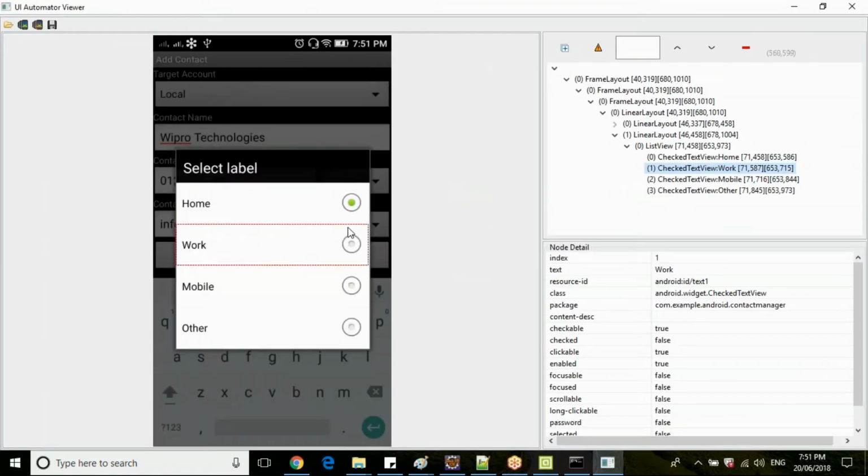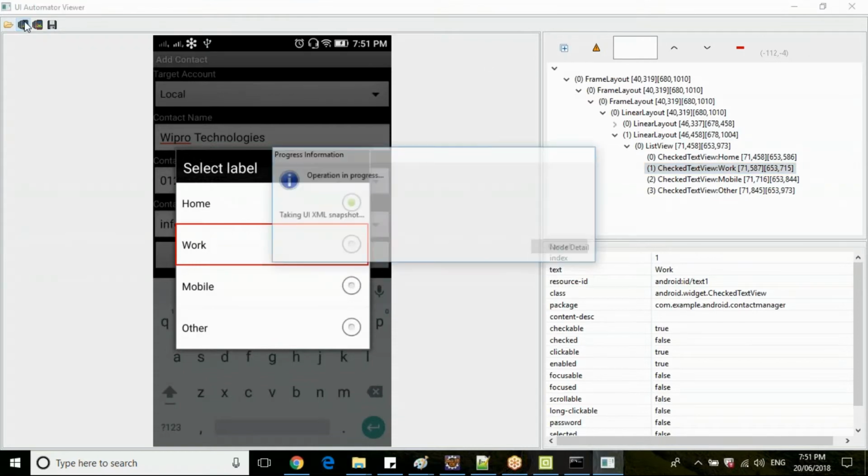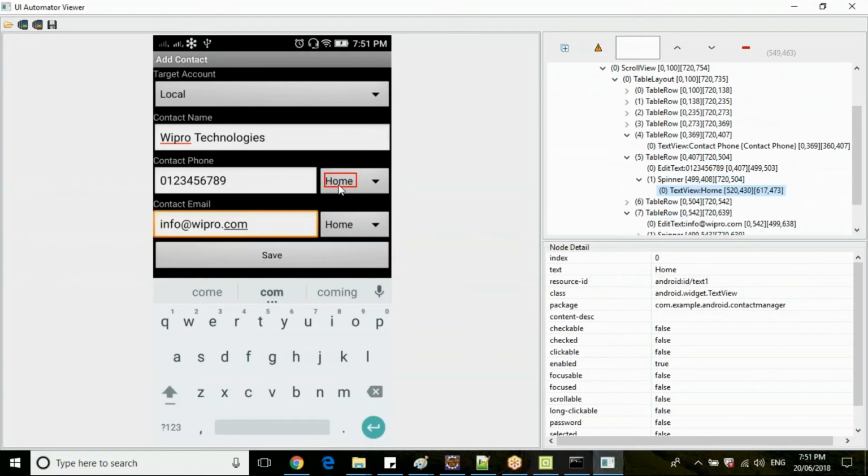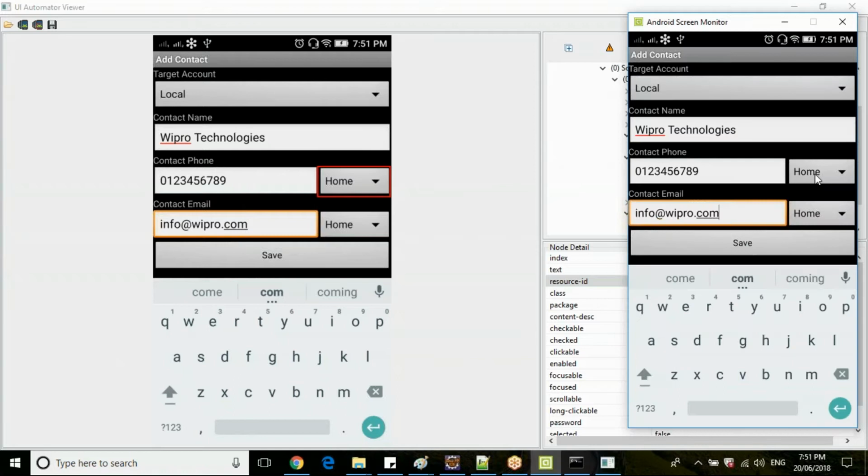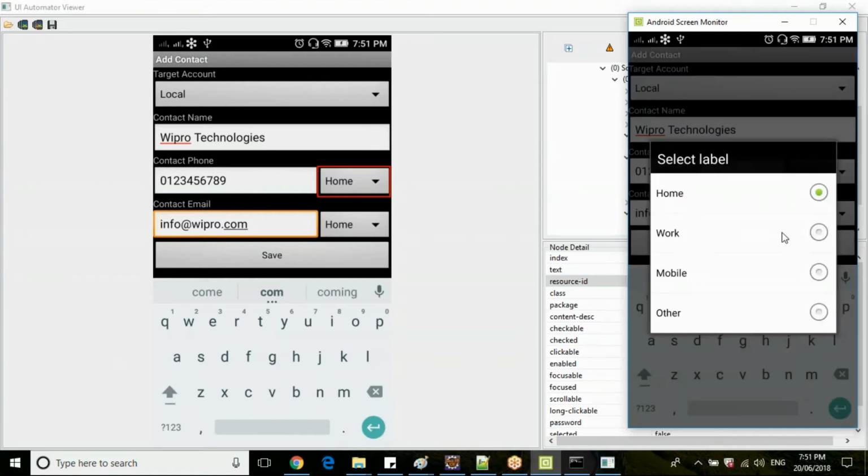Okay. So then you need to select on the work. So once you click select this one, take a screenshot again. Click on home or I mean anywhere in this spinner. So we have already this one. So perform click operation. When you perform click operation here, then you will get like this again, right? Now inspect the element for this one and you can select like this way. Clear?